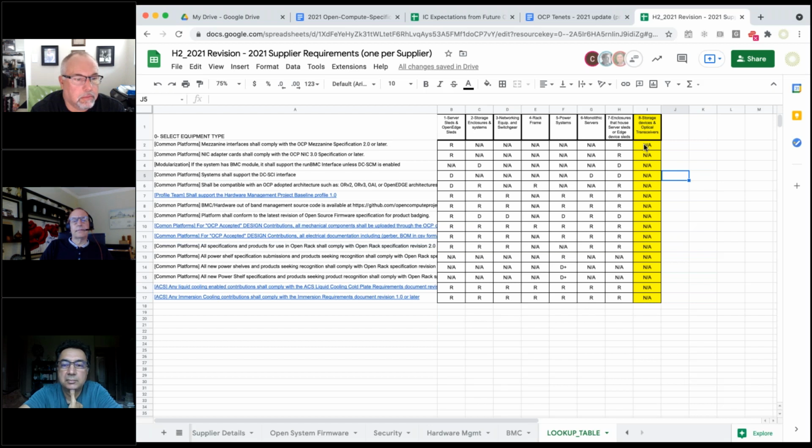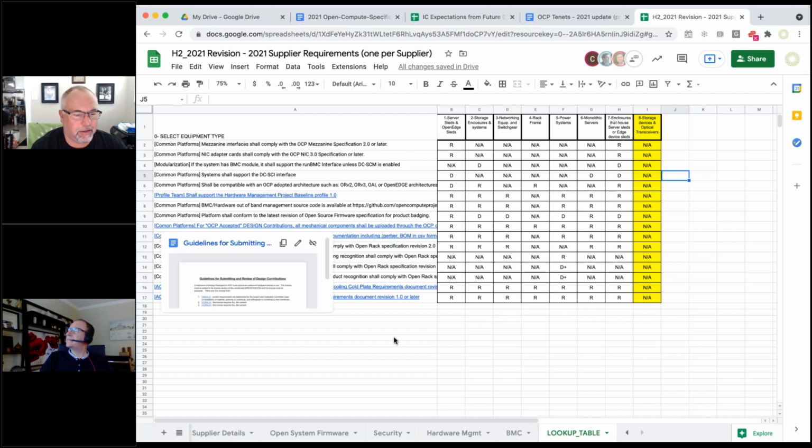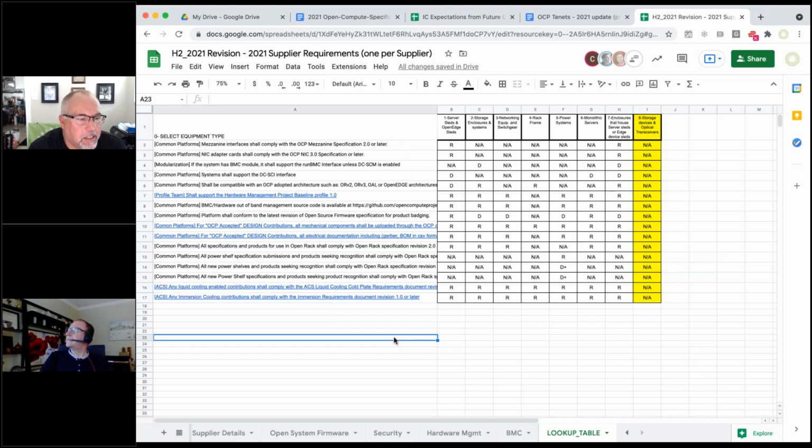Honestly, if I scan the list, I don't think anything is required here. Certainly NIC, MES interfaces, BMC doesn't apply, DCSCI doesn't apply, mechanical architecture, hardware management doesn't apply.